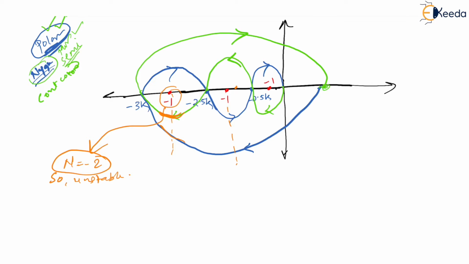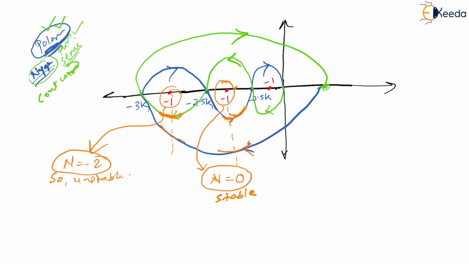Now, what is happening here around this? Let us see how many encirclements there are. If you check out, you have one in the anti-clockwise direction and another one in the clockwise direction, right? Which means n is equal to 0, plus 1 minus 1, n is equal to 0. Problem solved. Which means it is stable. So it is stable. Encirclements are 0.